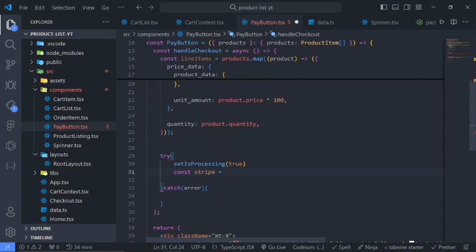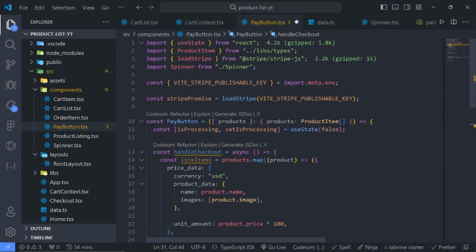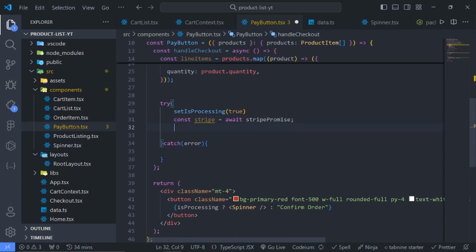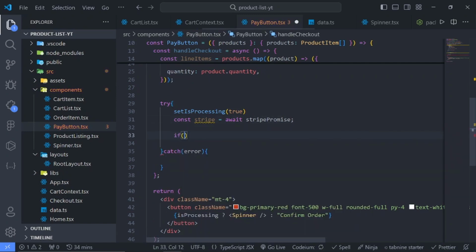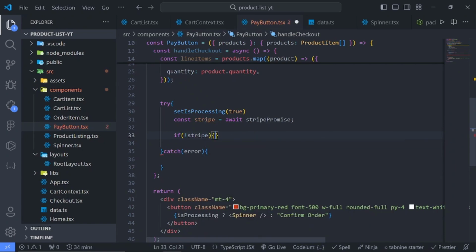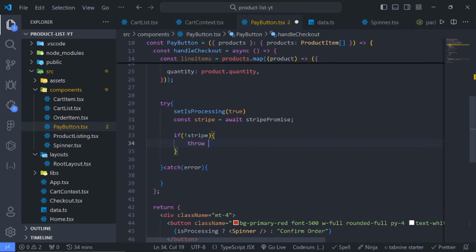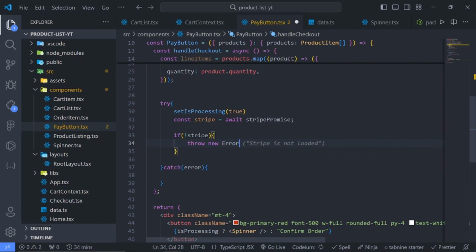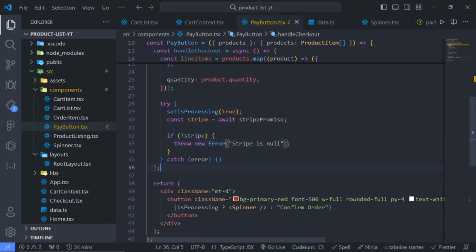So we basically say await the stripe promise, and sometimes to know if you have this correctly set up, you can just add a check to say if that stripe publishable key is not there, then you can just throw new error and just say stripe is null. All right,